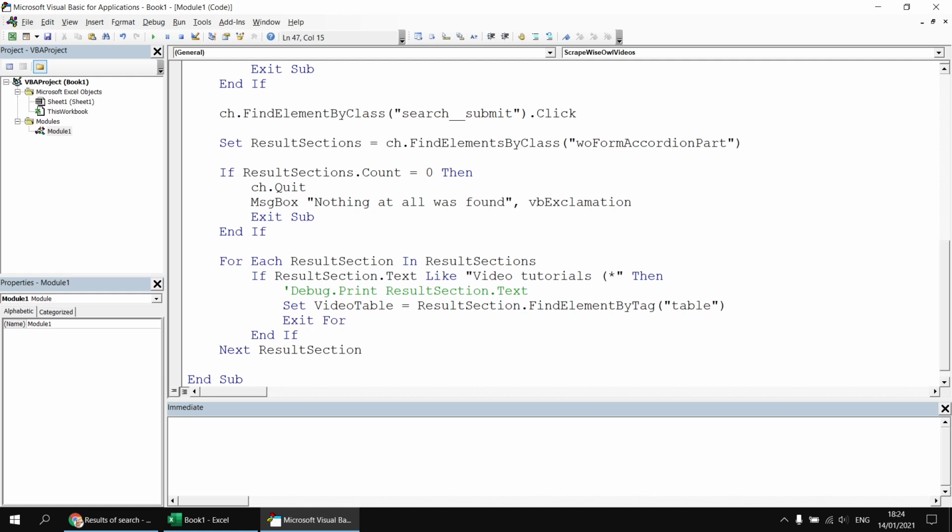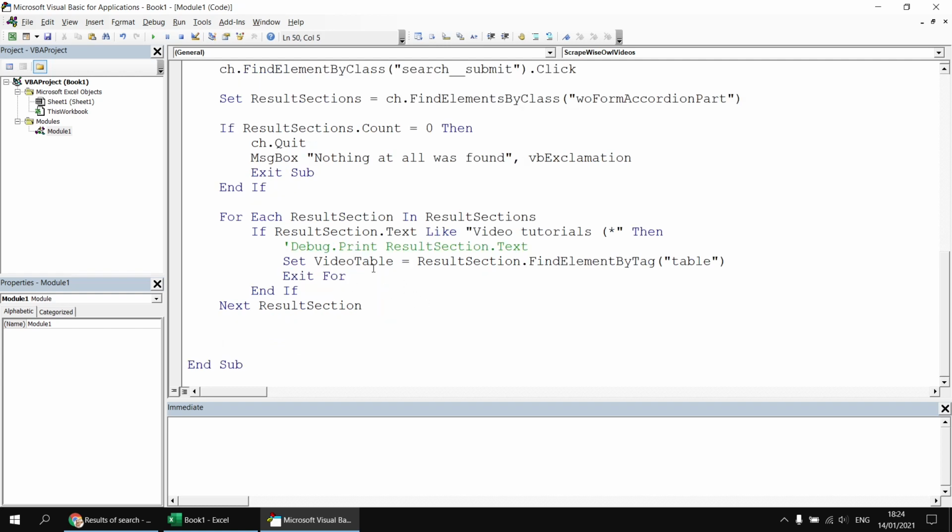sections unnecessarily. Another thing we should take into account is that we could return some sections, but not include the video tutorial section. So let's add, after this loop, we'll check if the video table variable is nothing, and if so, that tells us that we had some sections returned but no videos. So we can add an if statement. We can say if video table is nothing, then a couple of blank lines and an end if, and I